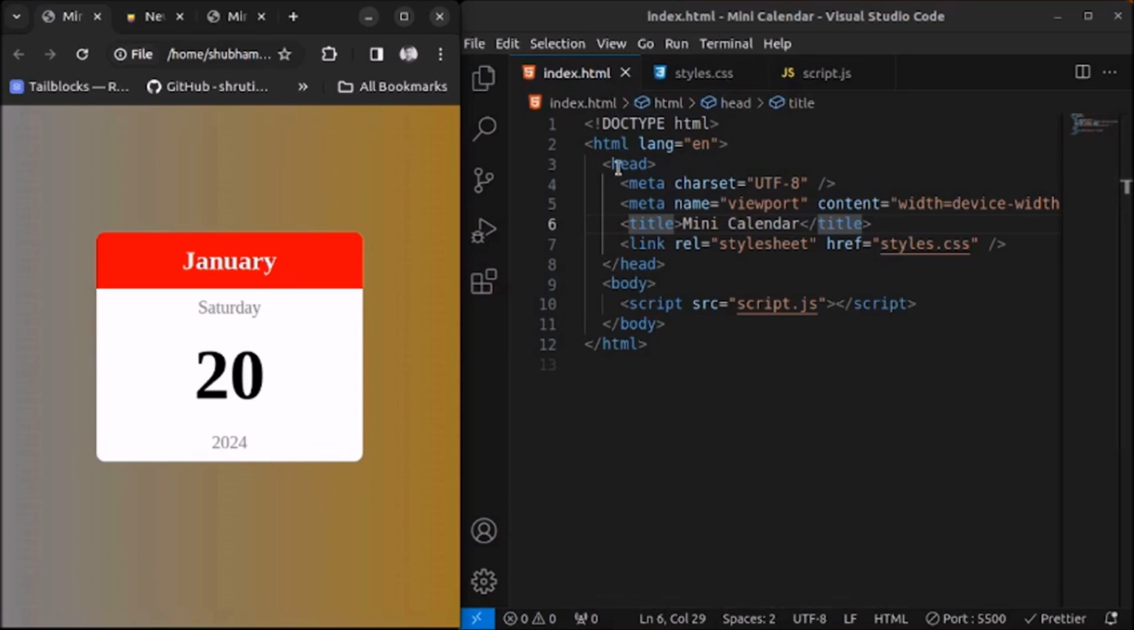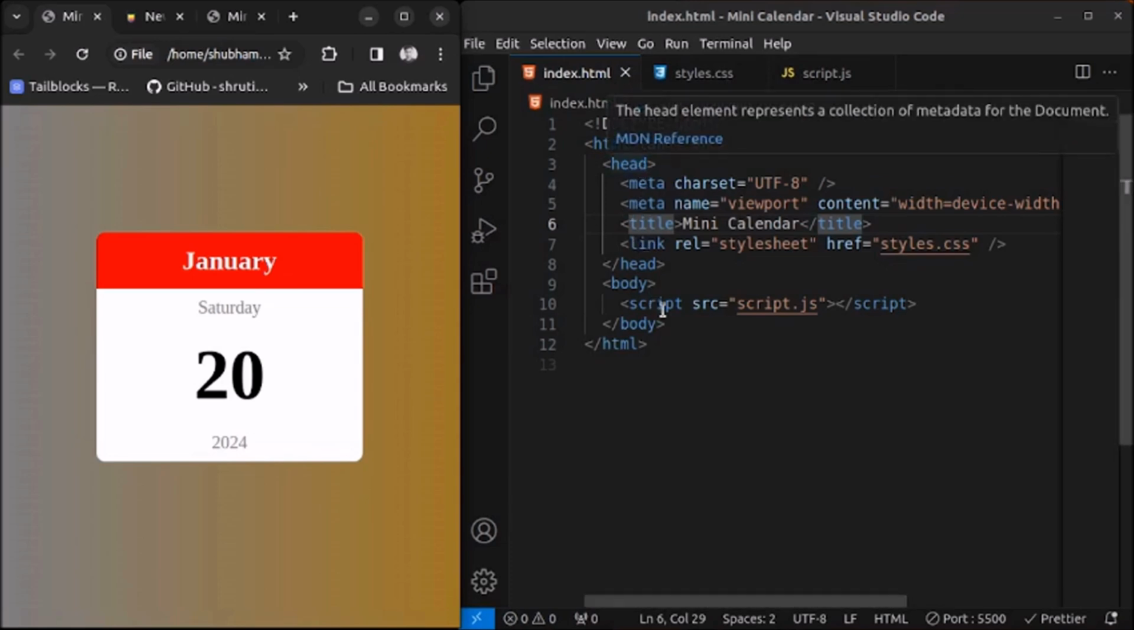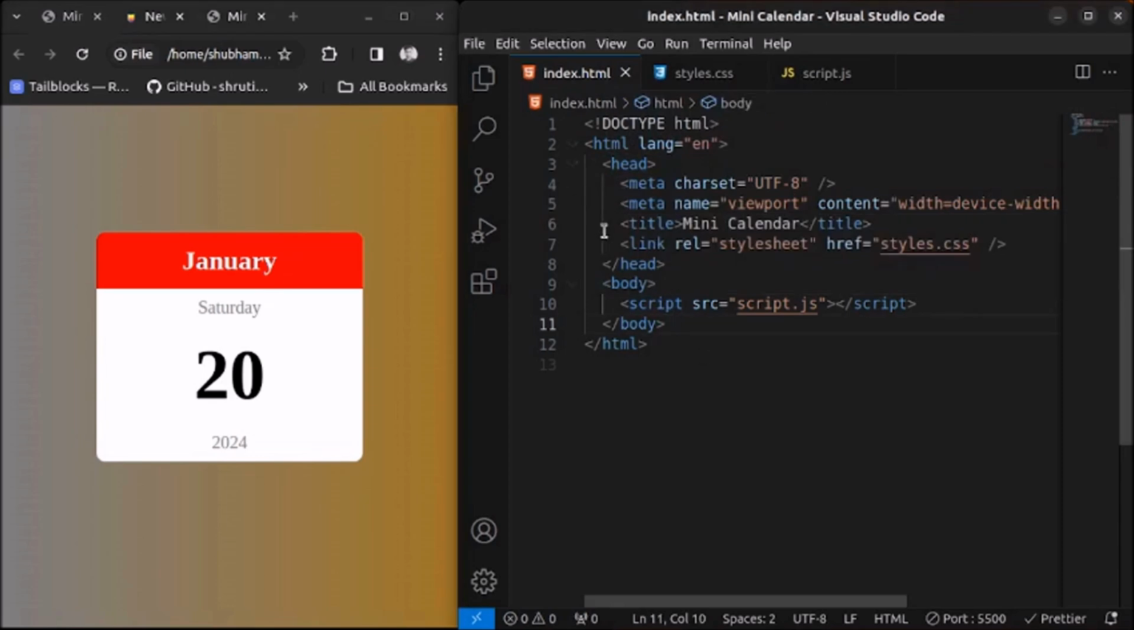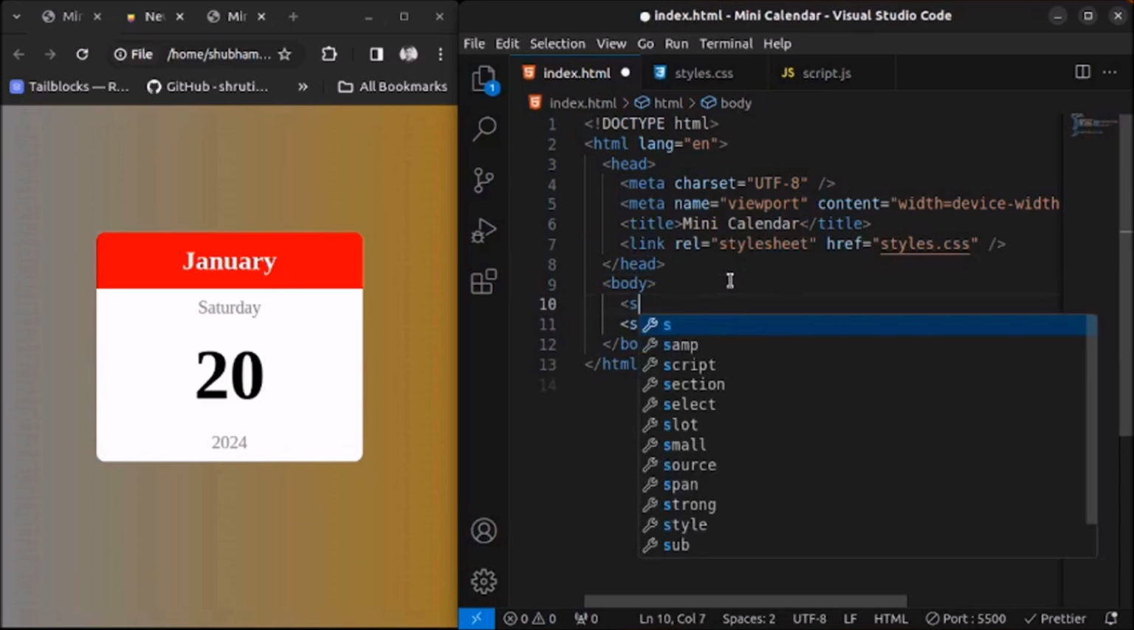In the HTML file, I have already written the boilerplate code along with linking the style sheet and also calling the JavaScript file in this HTML file. Now let's start with the actual development of this project. So let's start,